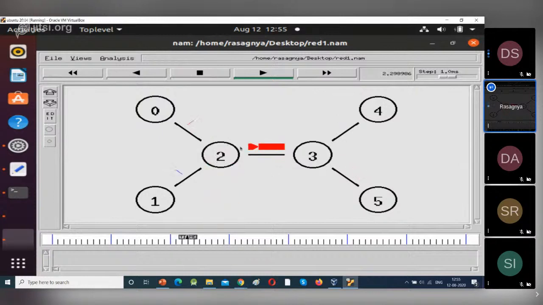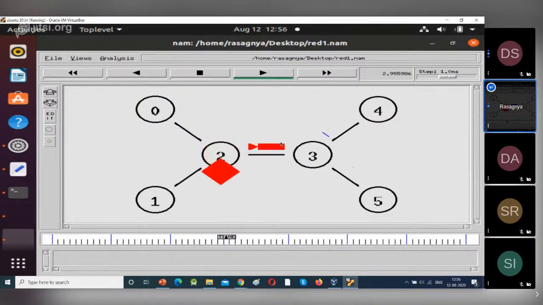So if you observe here, we have used TCP and UDP both. But this red color data is UDP. So UDP is a fast protocol. So UDP will work faster than TCP, but UDP should be used only for short distances because it does not provide acknowledgement. So we will use UDP only for short distances. That's why only more number of packets from UDP is transmitted because UDP is faster than TCP.